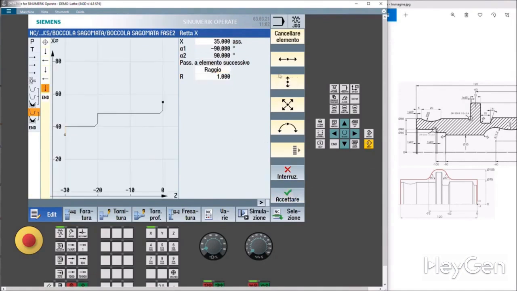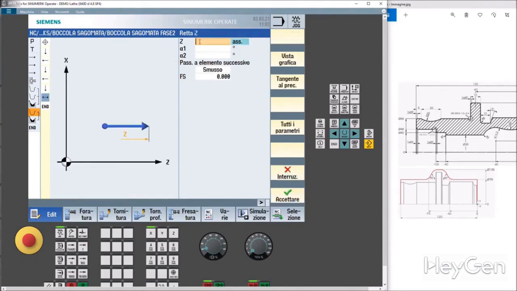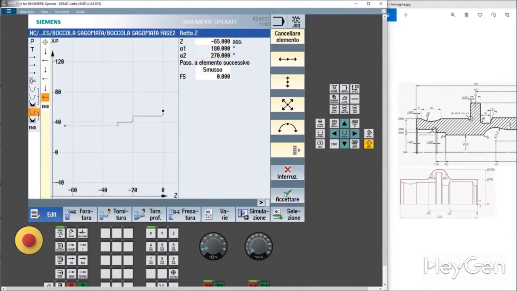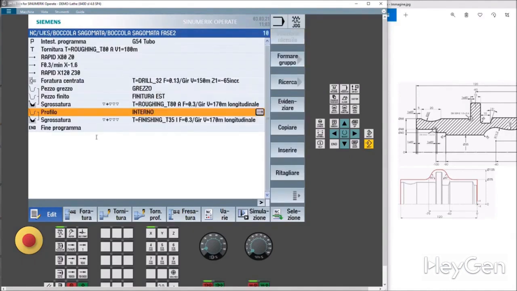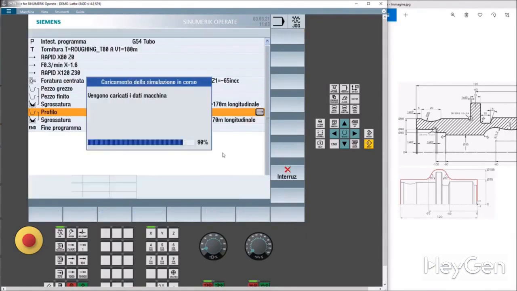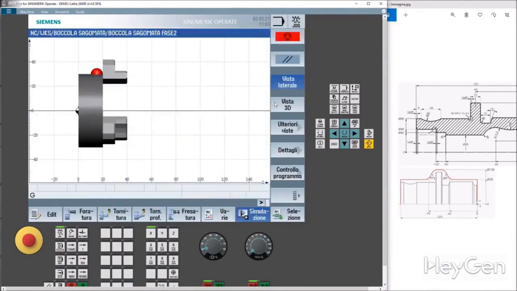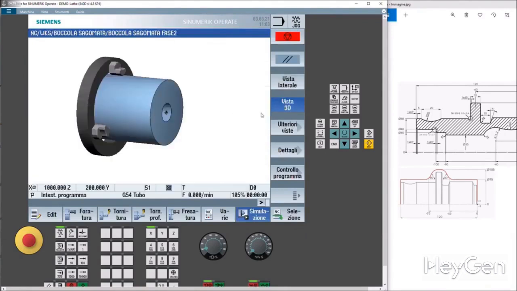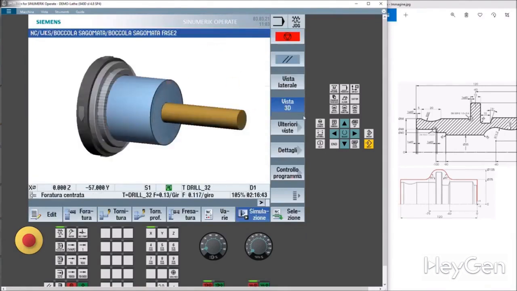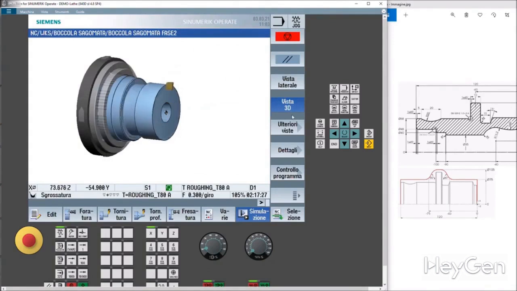So we accept this, and we finish the machining at Z, minus 5. Here we accept, and you see that in no time, following the same line as the previous program, we've done all the machining that interests us.